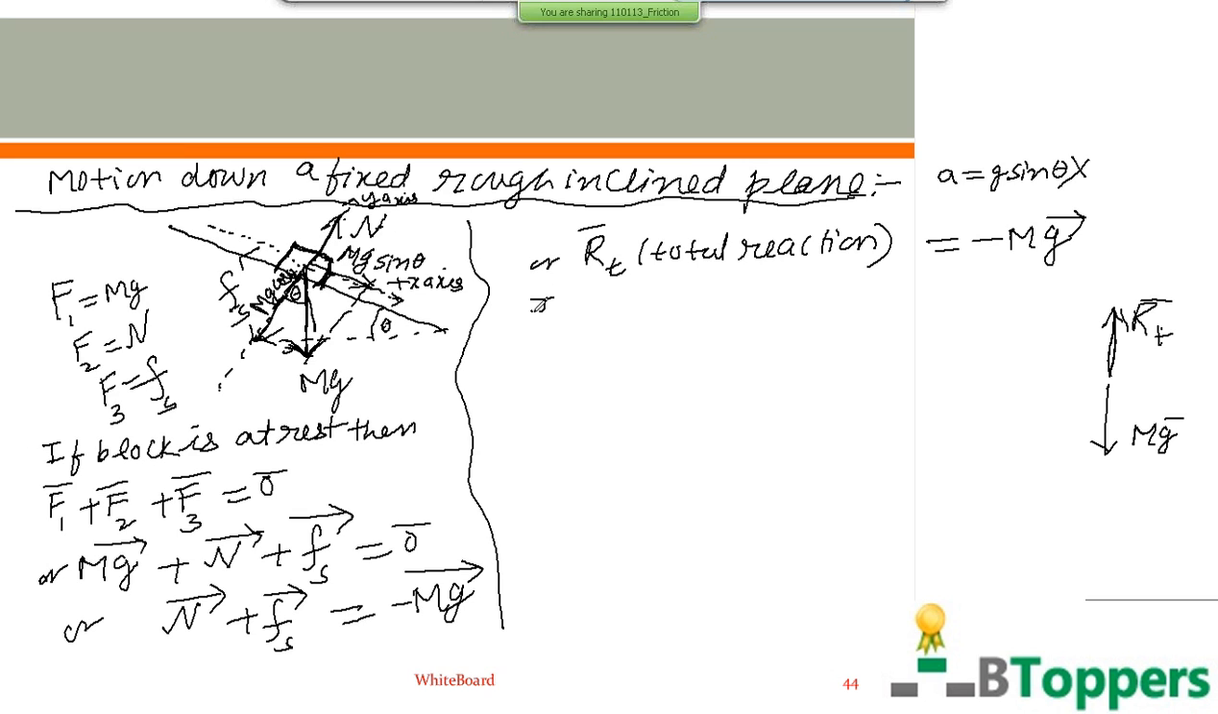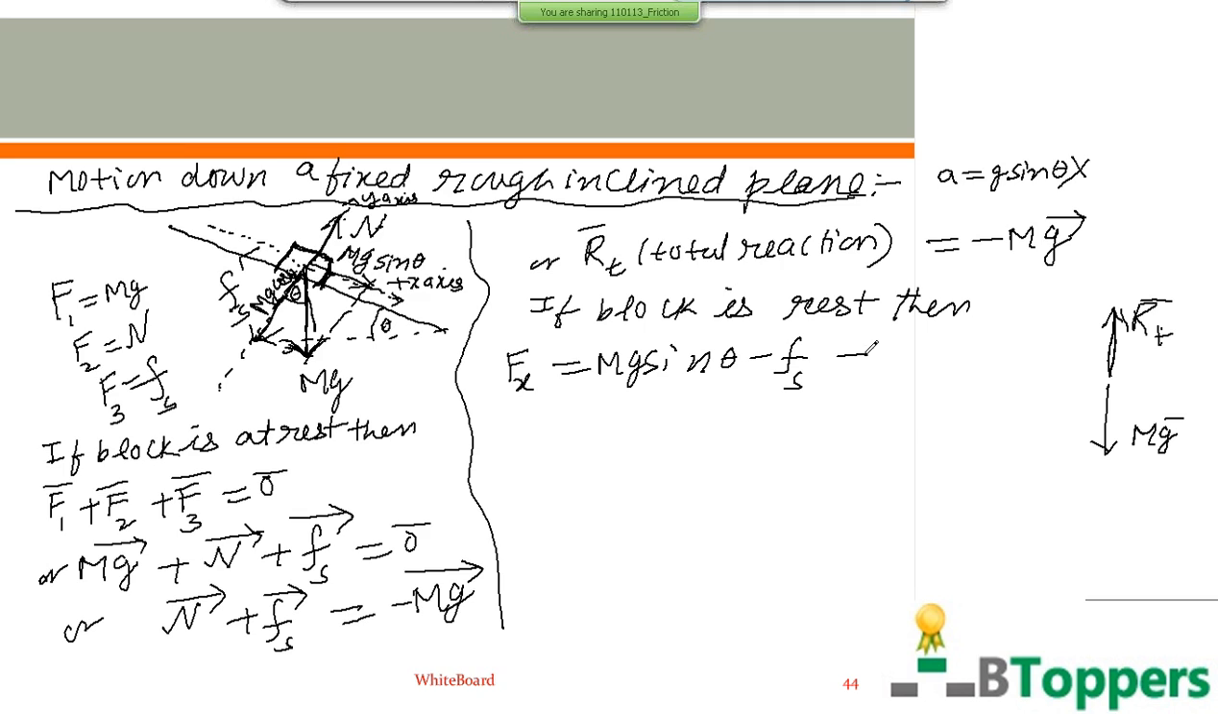So if the block is at rest, then the resultant force on the block must be 0. The x component of the resultant force can be written as mg sin theta minus fs, that is 0. Or you can say the magnitude of the static friction on the block is the same as the magnitude of the component mg sin theta, which tends to move the block